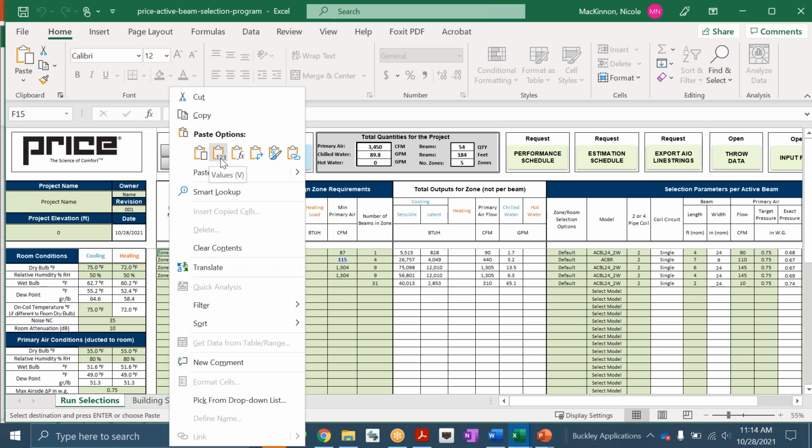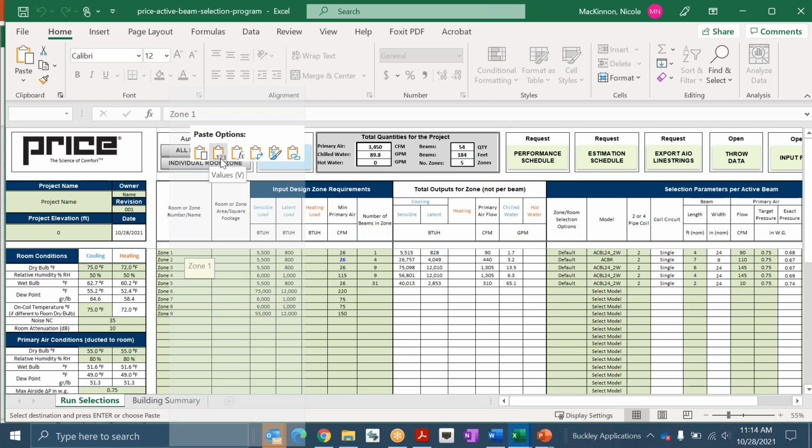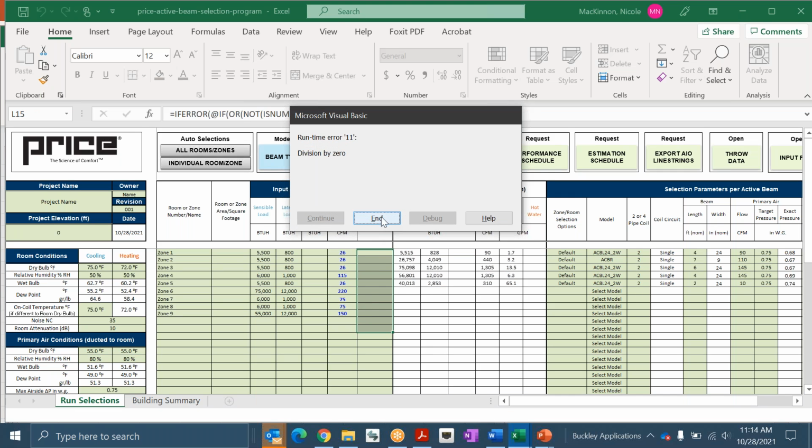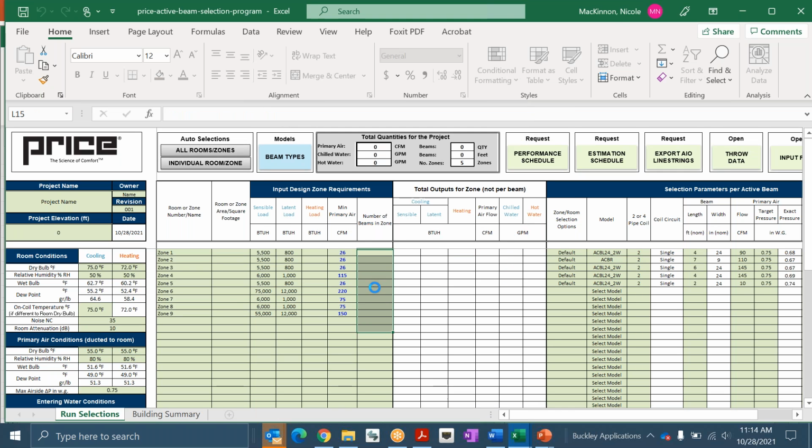So I'll go back. I just copied it. I would recommend pasting as values because there's a lot going on behind the scenes. You don't want to overwrite the formulas that are working in each of these cells. So just paste values, and that'll keep all the formatting behind it. I've got some existing quantities from my previous selections. I'm just going to delete that, and it'll... I didn't like that actually, so